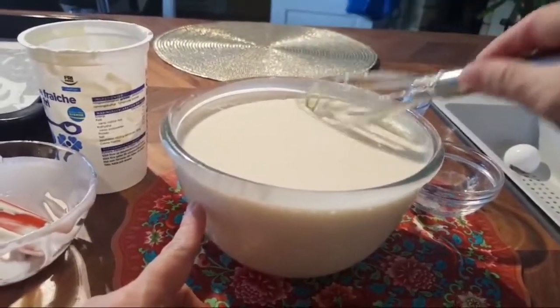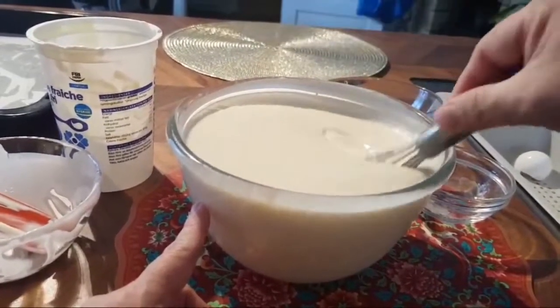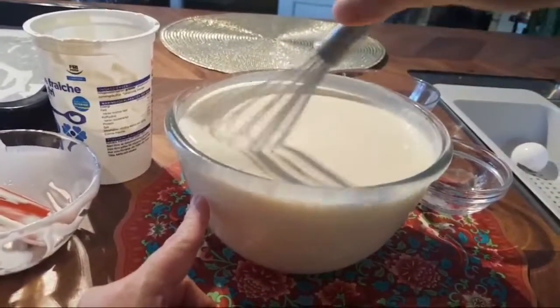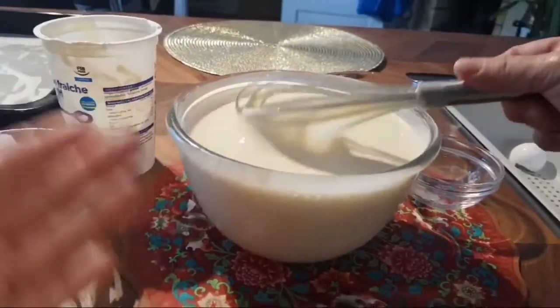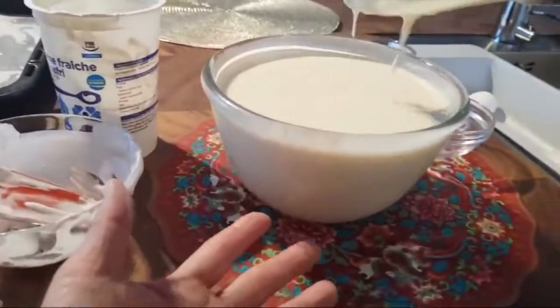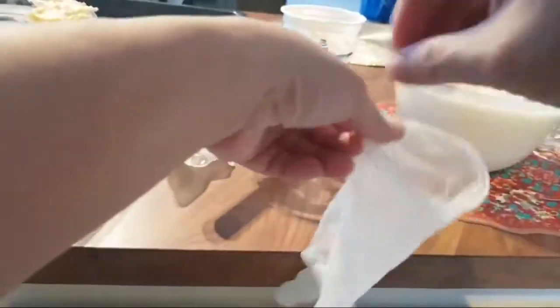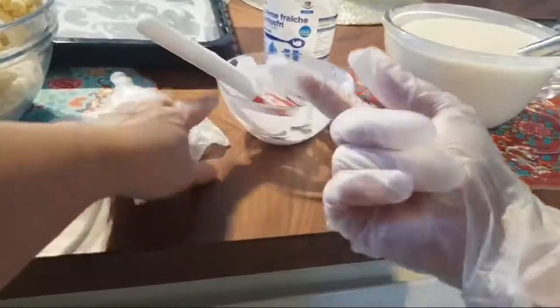To me, I personally feel like creme fraiche, the consistency is very watery. But for me, I personally feel like we should use Philadelphia, but let's see. This is the first time I have ever done this recipe, but I have tasted this fika before and I really like it. I have my glove on because I'm going to